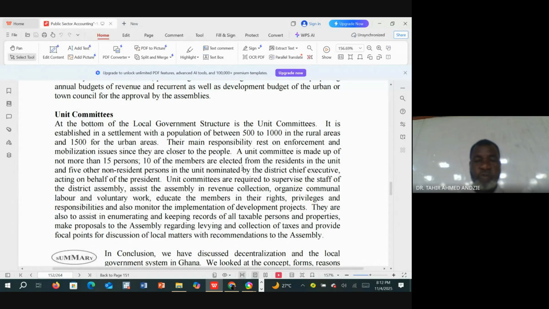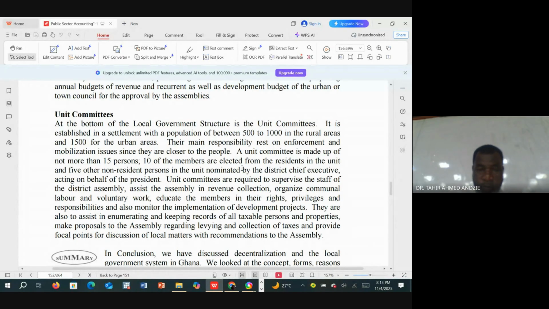So the unit committee, we have 10 people being elected and 5 people being appointed by the chief executive, maybe from the party in power, and then they form the unit committee. Their responsibility is to ensure that the community has information. Any policies that the district assembly is undertaking are brought to them. See, so if you look at the assembly